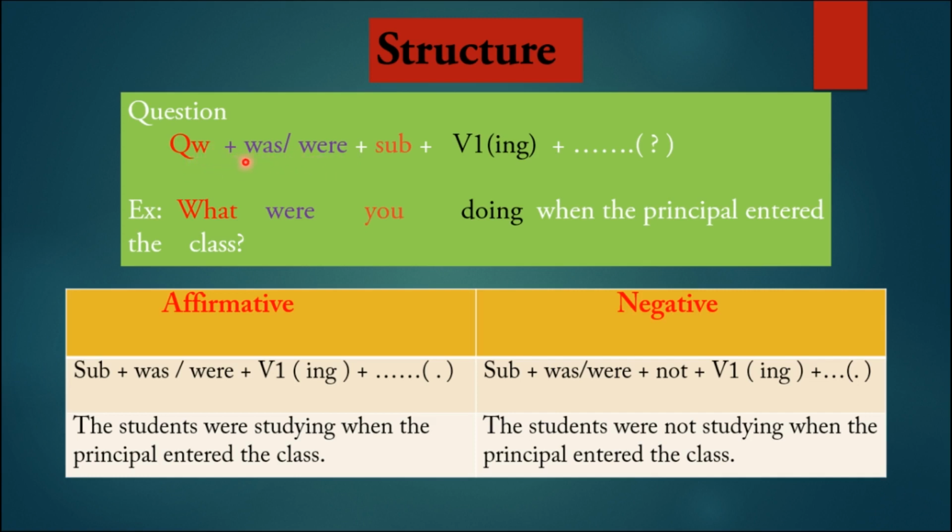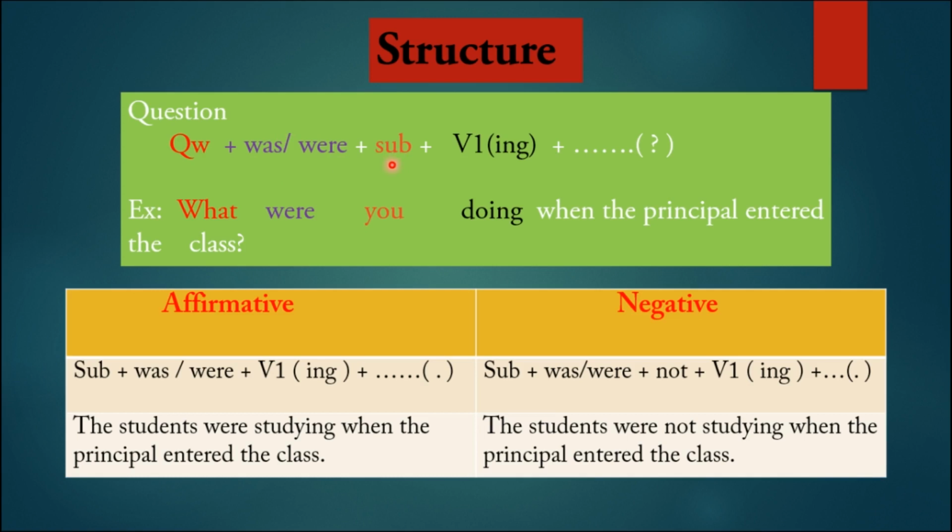Question word plus was or were plus subject plus V1 ing form, question mark. Children get a doubt: when should they use was and when should they use were? These are the doubts. It depends upon the subject only. When the subject is...